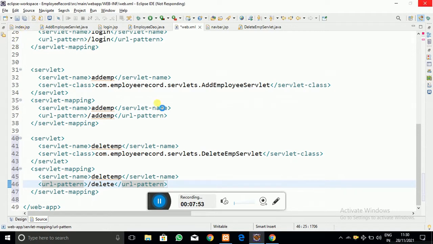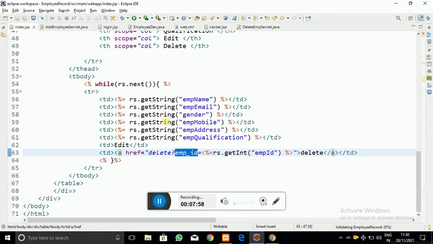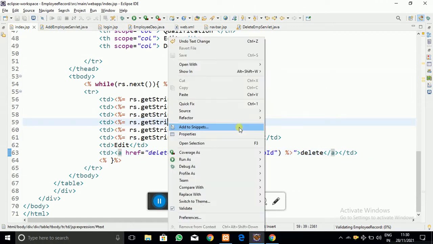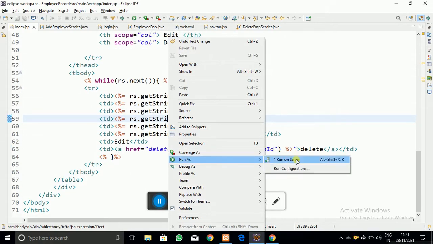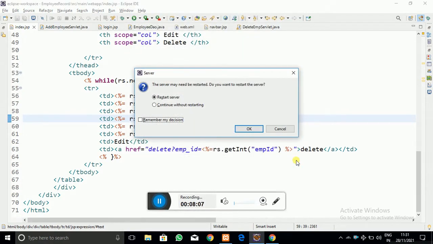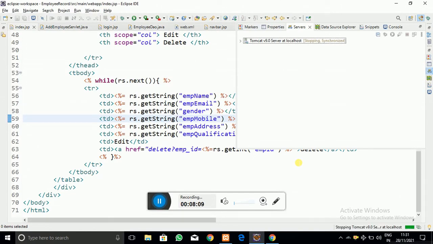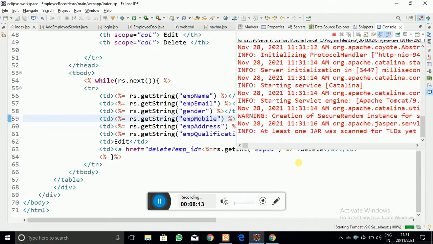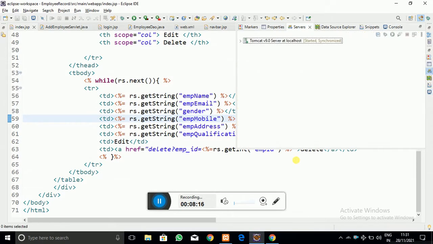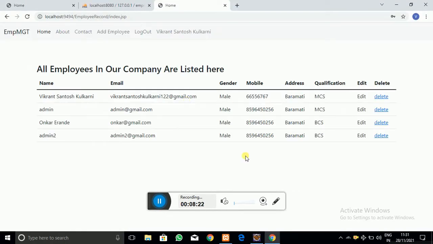So now I save the file and let me run our program. Right click on that page, click on run on the server, and the index page is going to open in front of you. Let it load. Yes, you can see it appear.